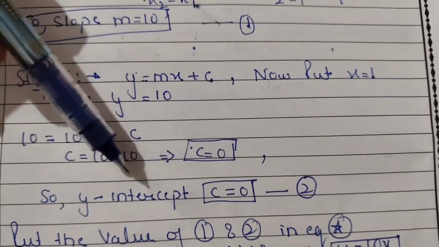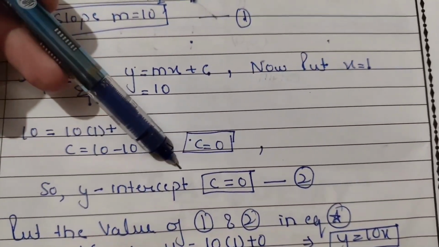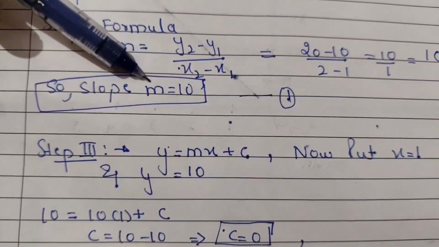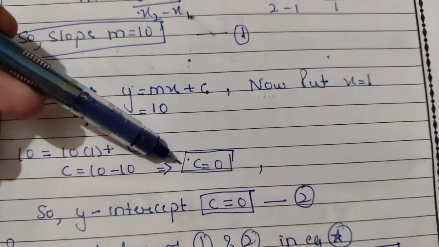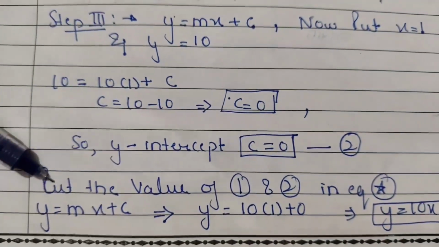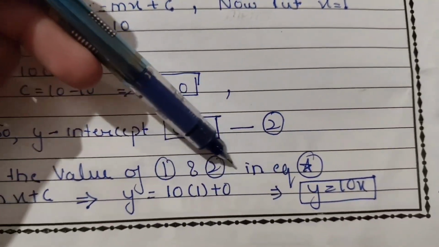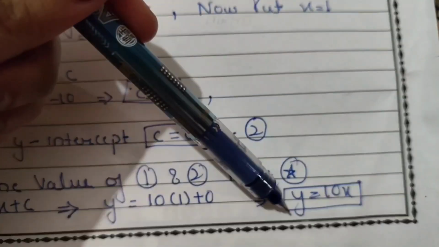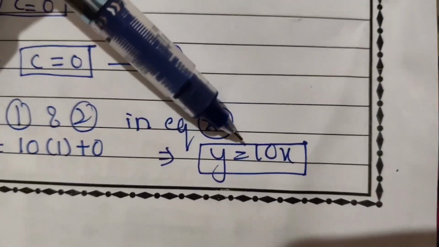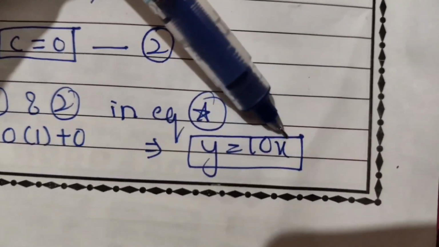c is basically defined as the y-intercept. So the y-intercept, that is c, becomes 0. Now put the value of equation 1, that is the value of slope, and the value of y-intercept c in the general equation, like equation star, that is the general equation y equals mx plus c. If you put these values in the equation star, then you will get the conclusion of y equals 10x. So this is our conclusion, y equals 10x, and the degree of x is 1, so